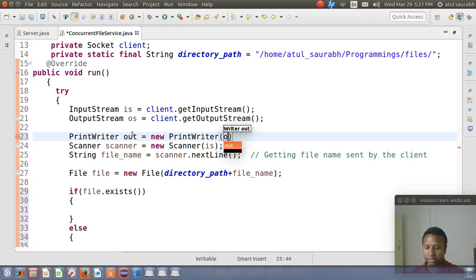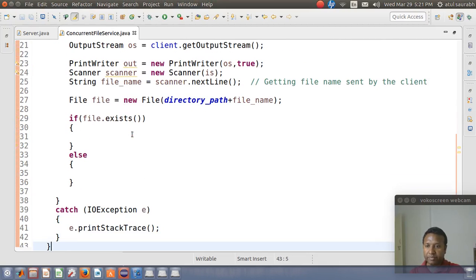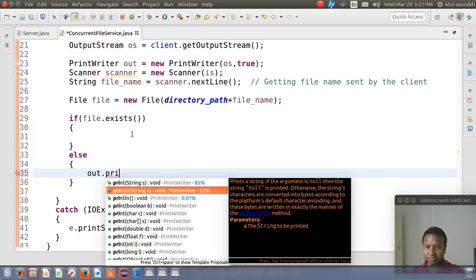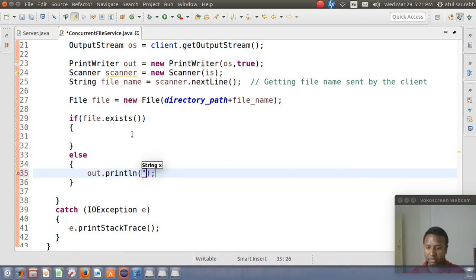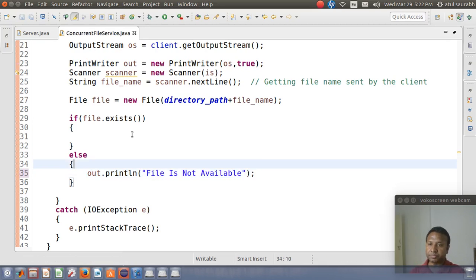We will specify OS, and if the file doesn't exist in the system, we will say out.println file is not available.